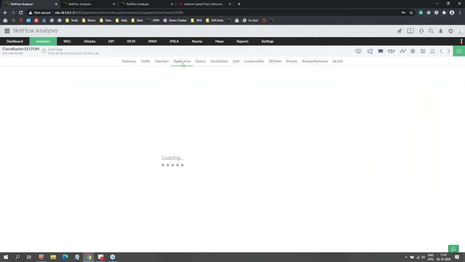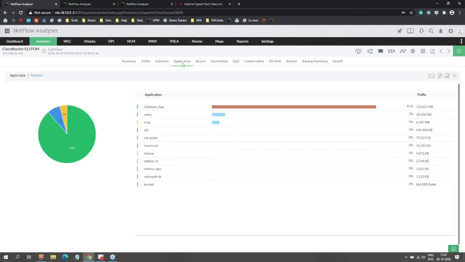Talking about the application data, this is like the top 10 information. As I said, whenever you see device view, it's only top 10 because we're trying to accumulate the information and show it to you. As you can see, it's showing me the different top 10 applications that have been discovered. If you want to see the protocols behind them, just click on the protocol. We'll be able to show you the protocols there.